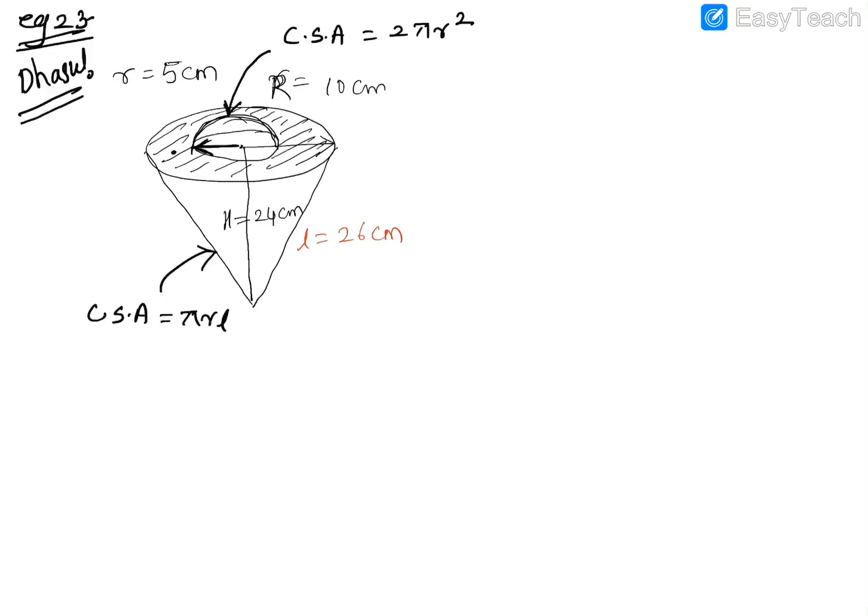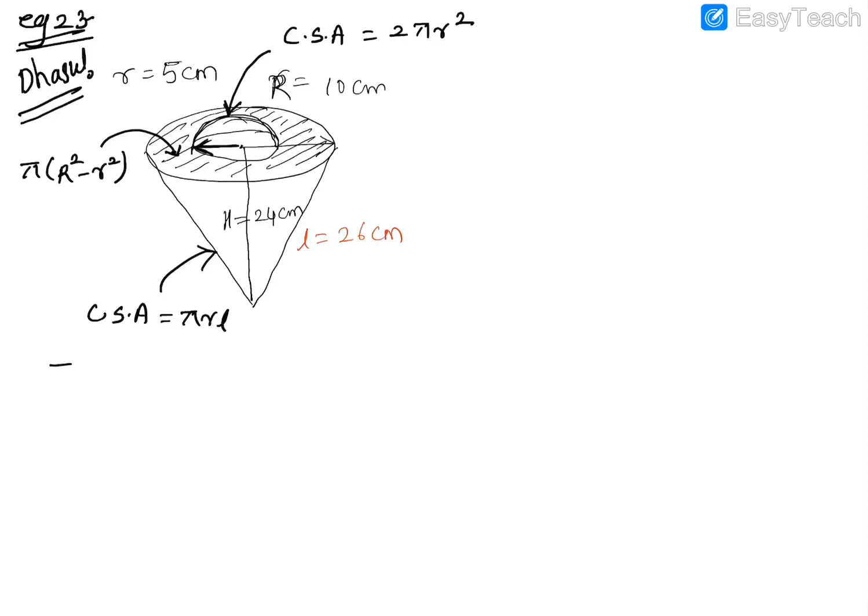Plus, you can see this shaded area. That's basically like a ring, if you can make out. Okay, this is like a ring over here. Now, what would be the area of this ring here? So that will be what? Pi big R squared minus small r squared. Got it? So these are the areas. You need to find them and add them. You'll get it. Now, let's see if we can simplify these calculations.